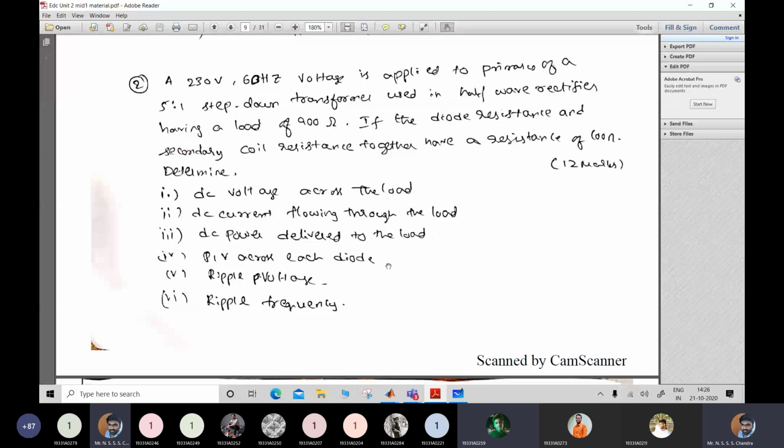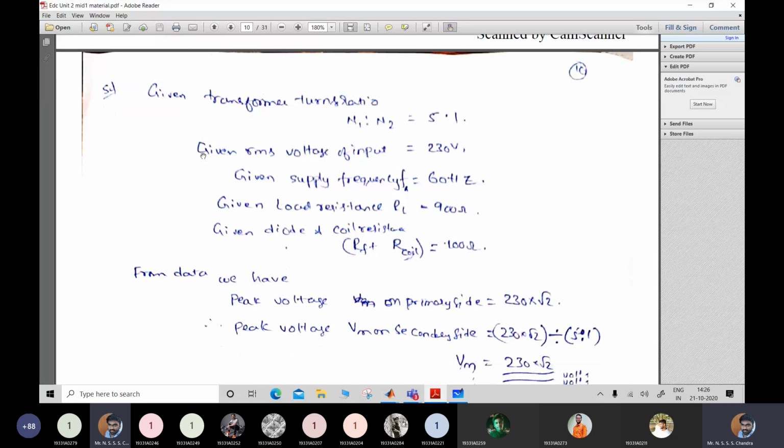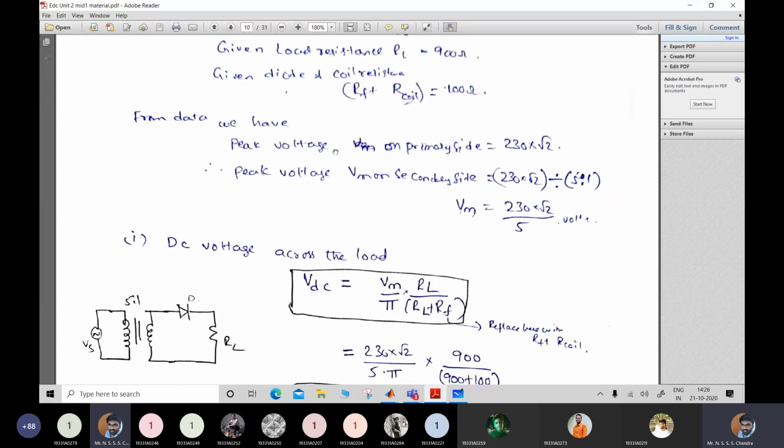Okay, so till now I have simply avoided the usage of the transformer, but still in this question you are coming across a transformer. So simply what you need to do is, the supply voltage is 230 and the step down transformer ratio is 5:1. So what will be the voltage in the secondary of the transformer? It will be 230 by 5. So your input voltage will be equal to, so what I'm doing, I'm finding out the peak value.